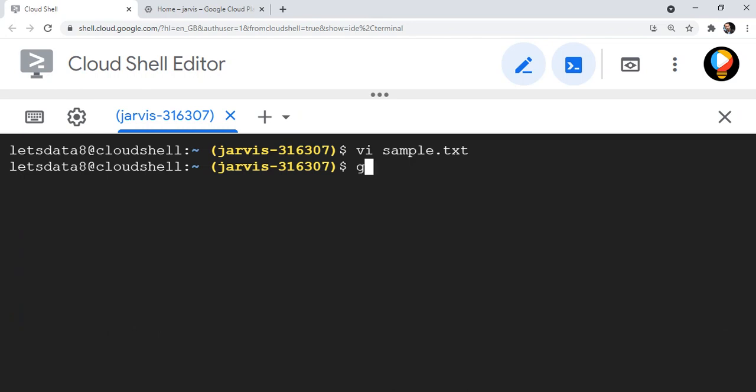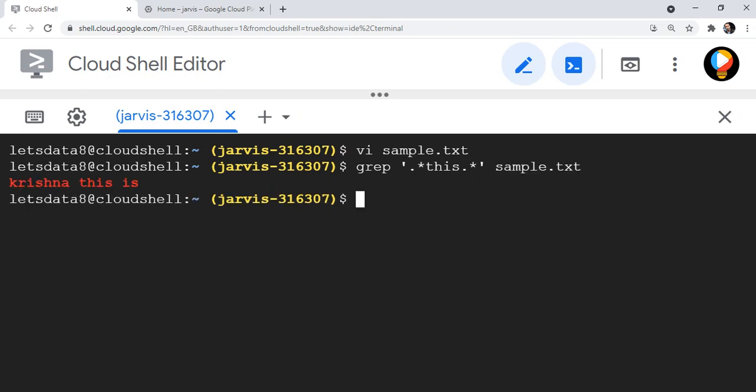So we'll see how we can implement grep command. So you can use grep inside the quotes. You can use syntax of regular expressions. For example, anything like dot star, then this, then zero or more, like anything, quotes close, from the file sample. Let's see. Okay, so only one line got printed, and what was the actual content inside our file?